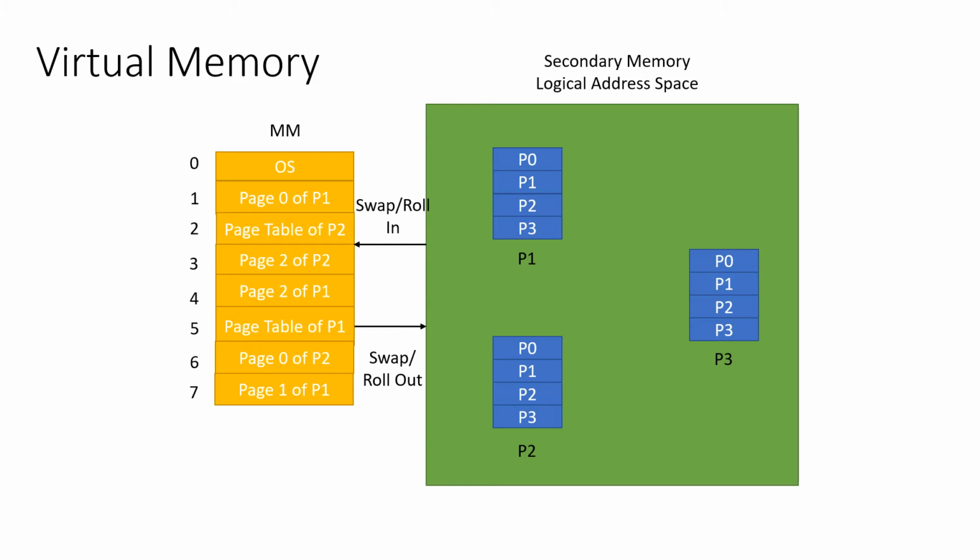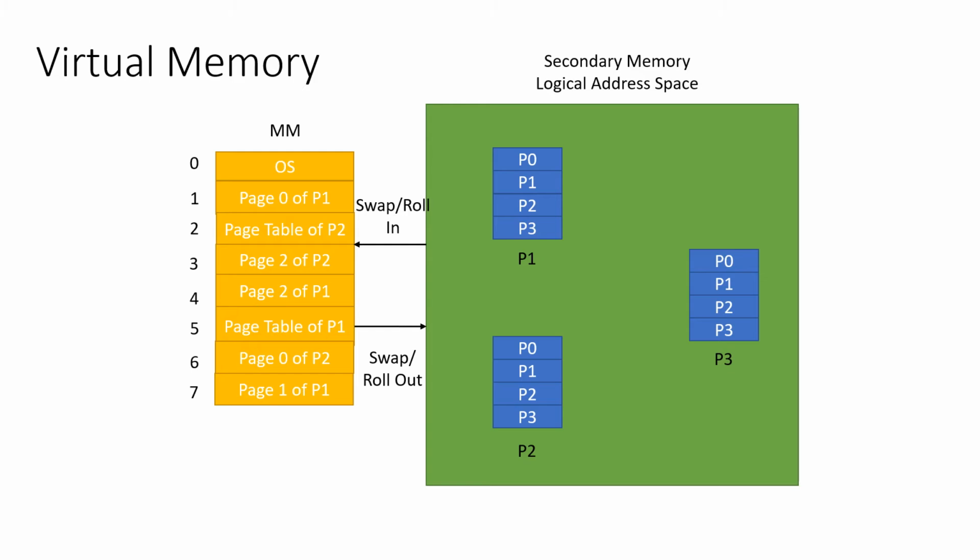But why are we saying this? Because we are bringing part of the process every time from the secondary memory to main memory and utilizing the main memory. So the user feels that there is a main memory whose size is equal to secondary memory, but it is not true. It's an illusion. The second significance is degree of multiprogramming. More and more processes should come in the main memory. How to bring maximum processes in the main memory when the size of main memory is limited? This is also an illusion provided by virtual memory.